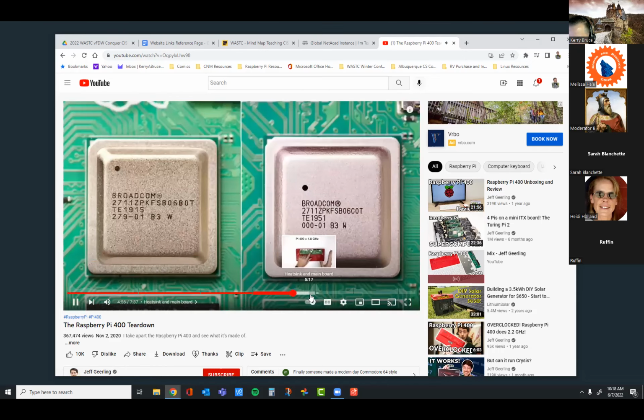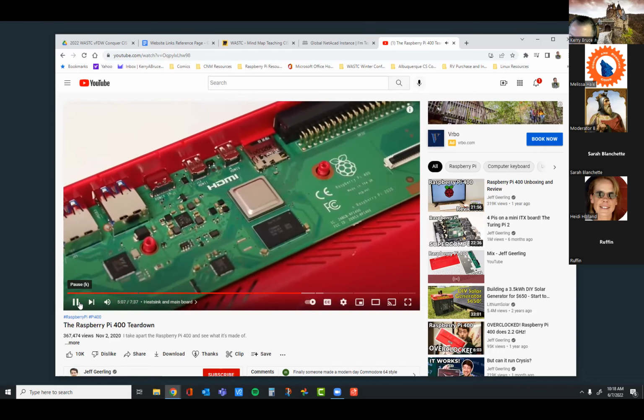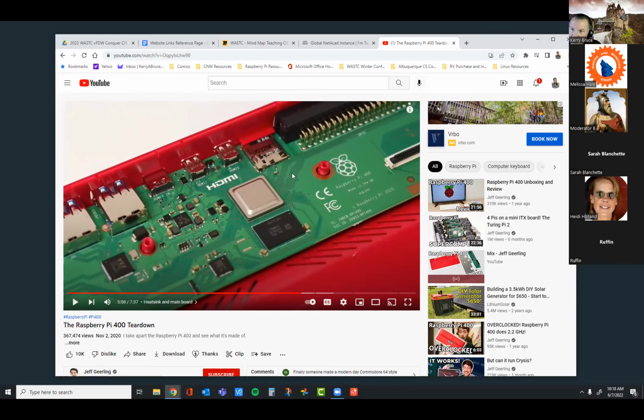It looks like the part number is different than the chip in the regular Pi 4 Model B. At the end it says C0T, and on the Model B I have it says B0T. This indicates a newer stepping for the BCM2711 chip. So those are the regular components right there of the Raspberry Pi. That's your SD card. That's your keyboard. Unless it's up underneath. And that's interesting that it's an improved one.